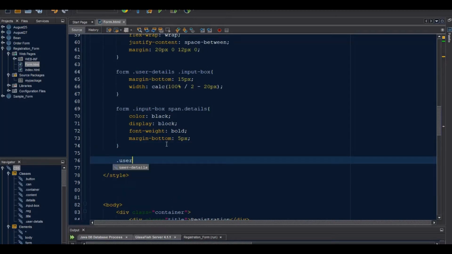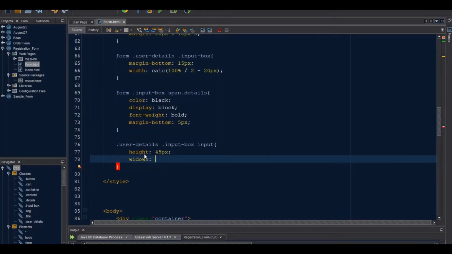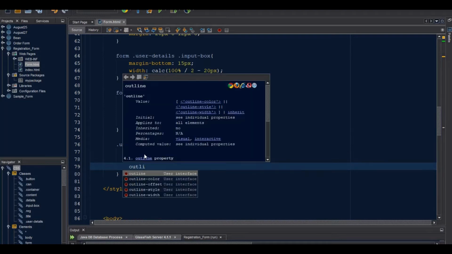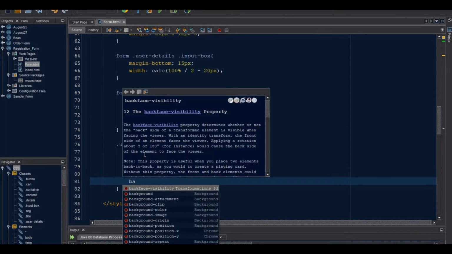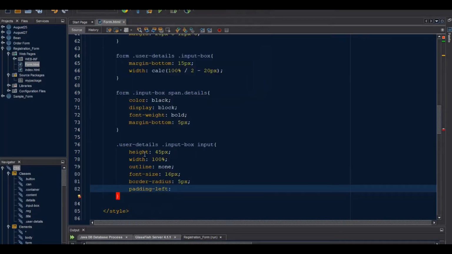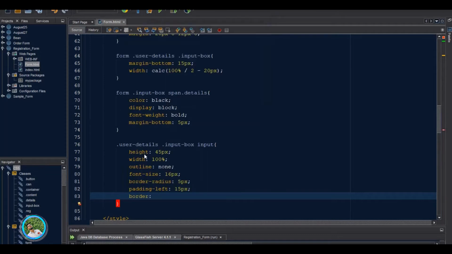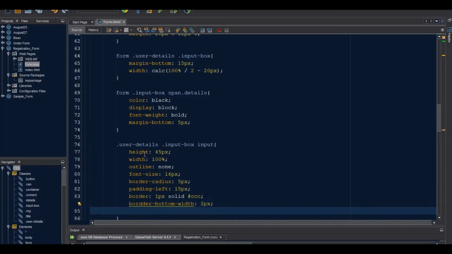Then add the user details input box, input, height 45 pixels, width 100%, outline none, font size 16 pixels, border radius 5 pixels, padding left 15 pixels, border 1 pixel solid. Add the hexadecimal color #CCC, border bottom width 2 pixels,